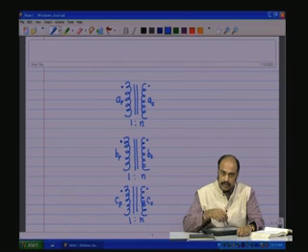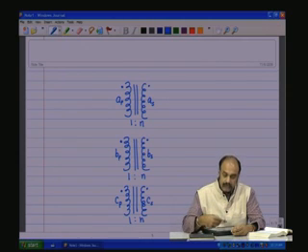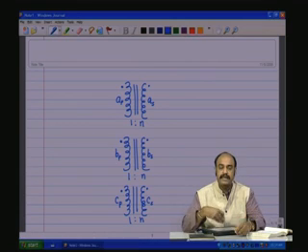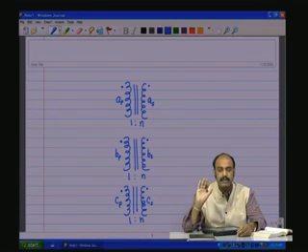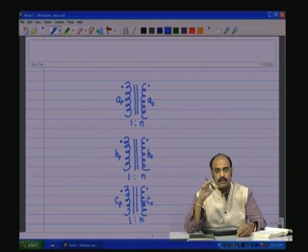Now, all the non-idealities of the practical single phase transformer are also applicable to each of these three single phase transformers. However, for the conceptual understanding of the three phase transformer, we shall not include these non-idealities in our discussion now, but keep in the back of the mind that all practical transformers will have non-idealities like the core loss, and a finite magnetizing inductance, that is the magnetizing reactance Xm.